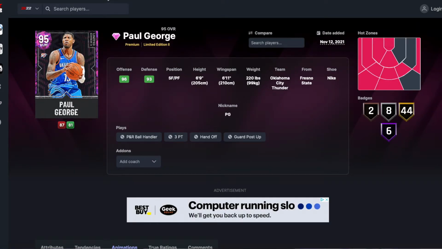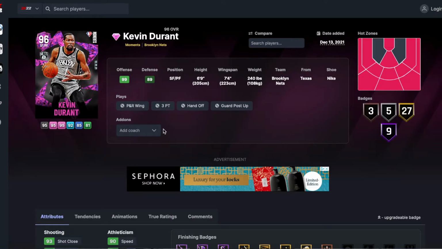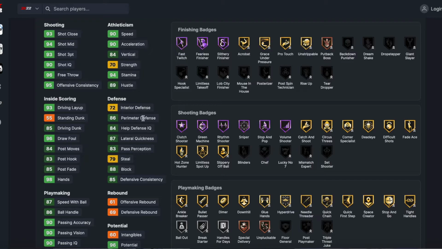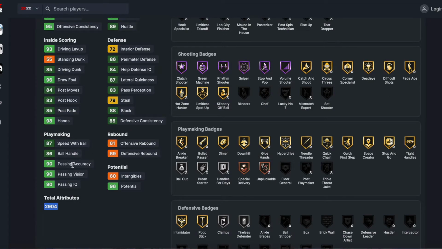And at number 4, the guy that gets a little bit of an edge above Paul George is going to be the Moments Kevin Durant. And the reason why, I just feel like he's a lot better offensive card than Paul George, as well as I know his defense isn't the best. Just KD offensively is so good. I mean, 93 3 ball, 94 mid range, 90 speed, 90 acceleration, 86 perimeter, 87 lateral, 79 steal. He's got 85 driving dunk, pretty good in the post, 87 speed with ball, 86 ball handle,